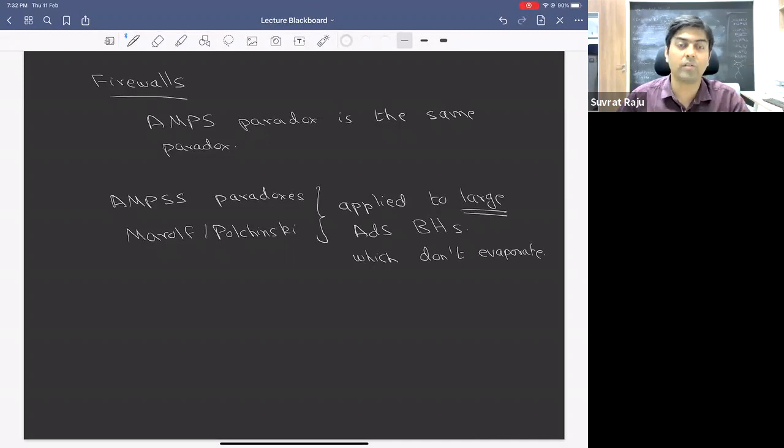So even though the paradox that AMPS set out was the same as the paradox that Mathur set out, the resolution that they put forward was slightly different. And the resolution that they put forward was the following. AMPS stated that, let's assume that we agree that we have this problem with the monogamy of entanglement. And AMPS also said that we don't have an interior, but they said the following. They said that we will accept the fact that the geometry outside, or all the way to the horizon